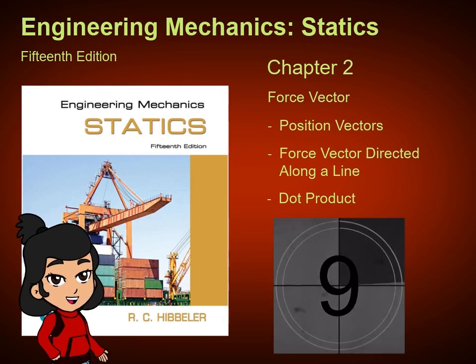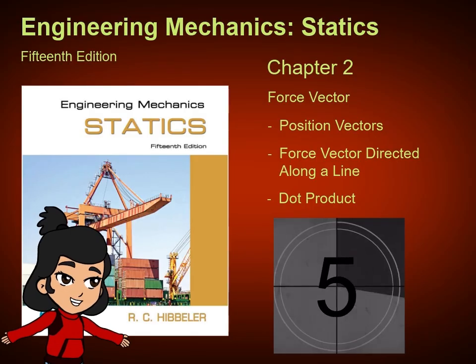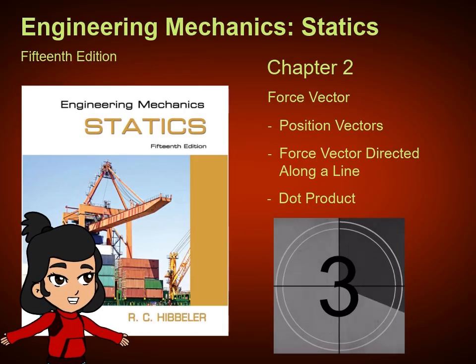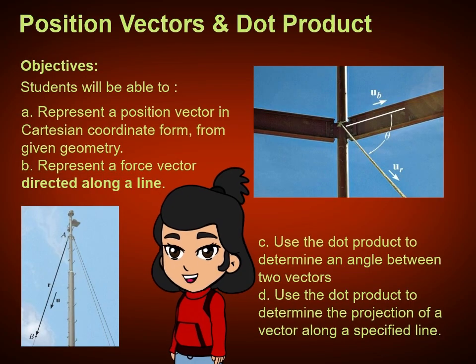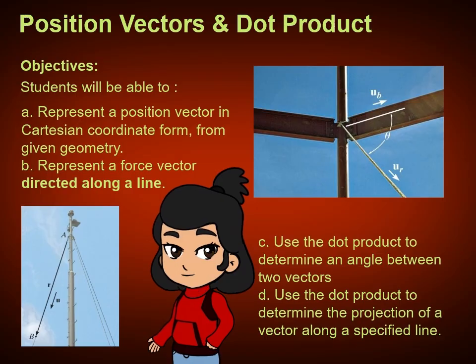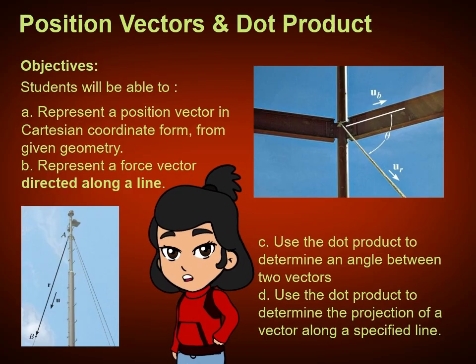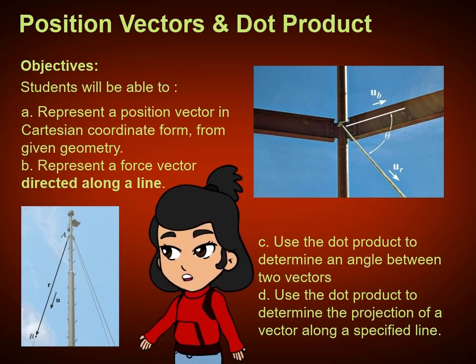In the following sections, we will explore position vectors, force vectors directed along a line, and using the dot product. The objectives for these sections are that you should be able to: 1. Represent a position vector in Cartesian coordinate form from the given geometry,